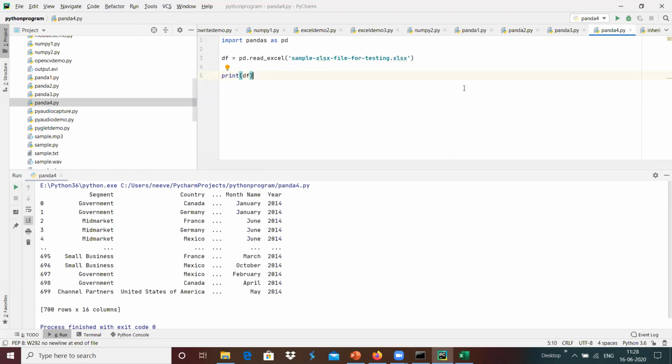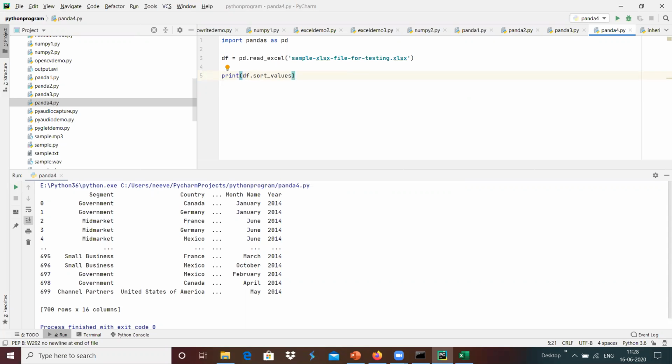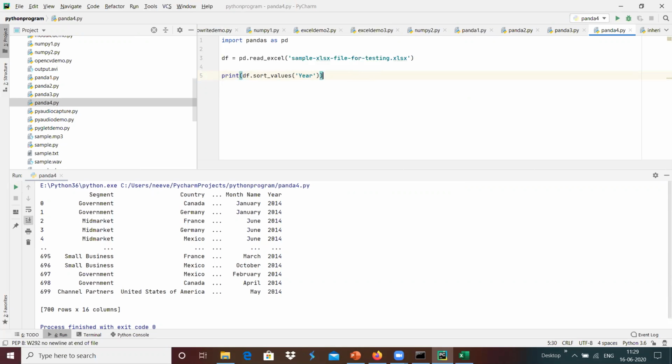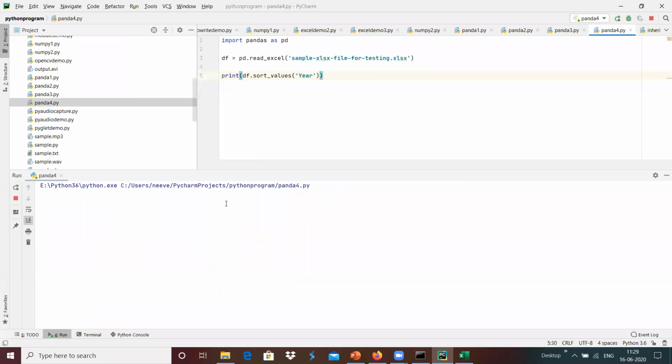And if we want to do manipulations accordingly, and we want it to be formed in a sequence format, for example, I want to do df dot sort values based on year over here. Once we get that, it will be sorted based on the year, and we will get the output based on the years basically.